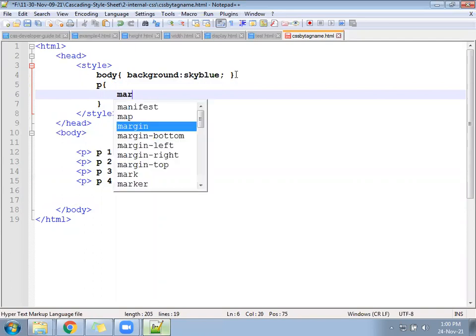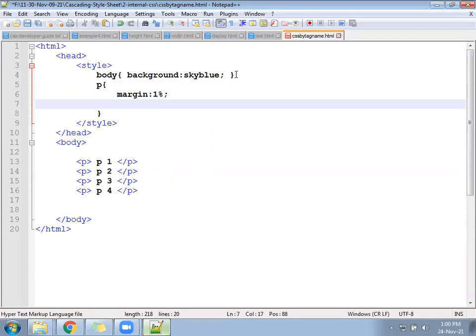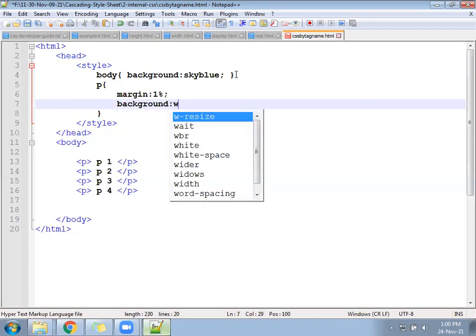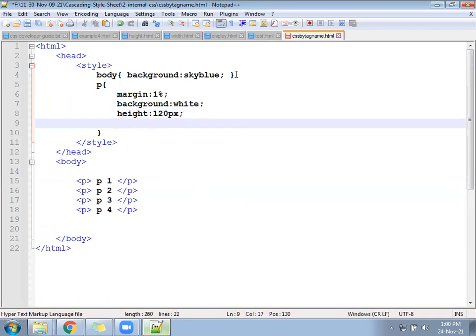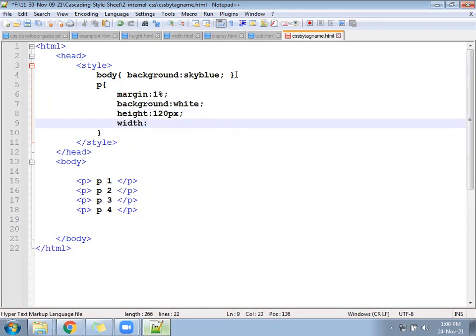There should be a margin of 1% on all sides, the background should be white, the height of the paragraph should be, suppose, 120 pixels, and the width of the paragraph should be such that all 4 paragraphs come in one line. Write that much first.